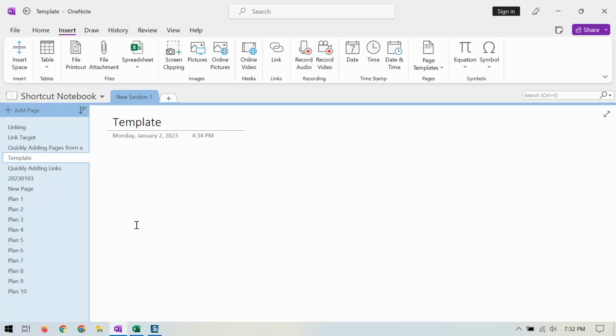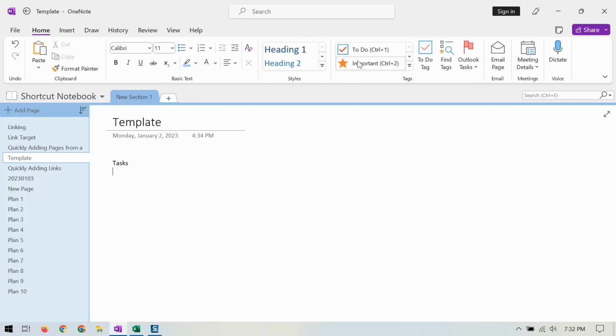One of the powerful things I love about OneNote is the ability to make page templates. So I'm just going to set up a quick template here. I'm going to make a page with a checklist. And then notes. And I'll do a little bit of formatting, putting some headings, and I'll make this be a bulleted list. Okay, so here's my template, and I can save this as a system